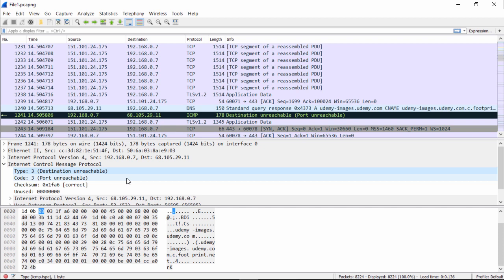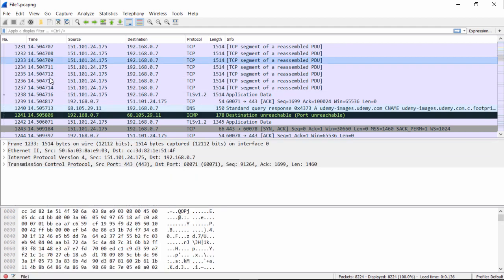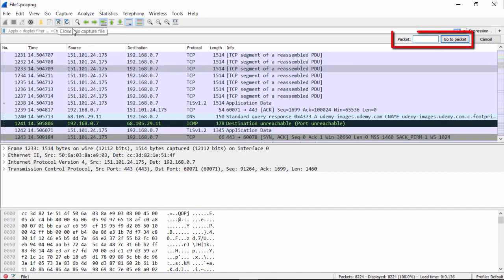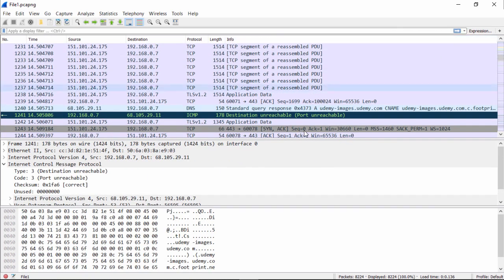Well, what's that little trick that we were saying we were going to teach you? It's time to teach you that now. Anytime you need to get to a specific packet, as we're reviewing here and building our packet captures, looking at static packet capture files, just click Go to Packet. And then you put in the packet number. So when I put in packet 1241, it goes to packet 1241 and highlights it. That makes it a little bit easier to do our protocol analysis.